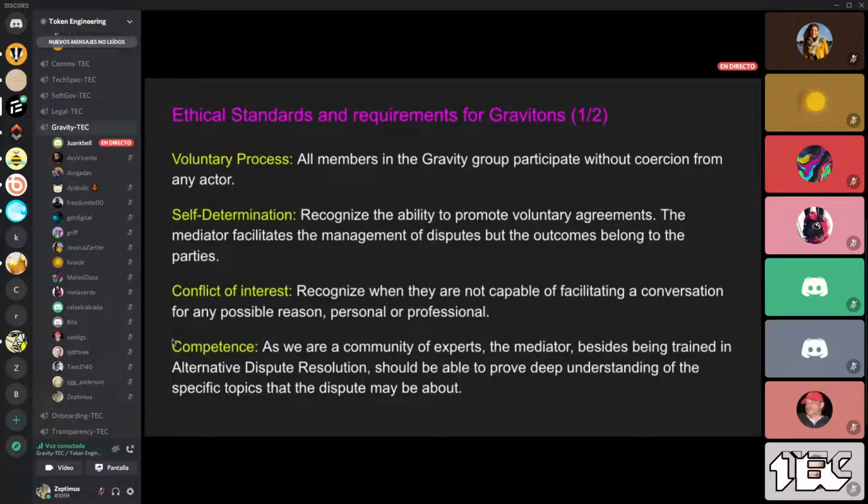And also mediators and gravitons should state competence and should be competent in the cases they are involved in, because as we are a community of experts, the mediator, besides being trained in alternative dispute resolution, should be able to prove deep understanding of the specific topics that the dispute may be about. So maybe I am not a smart contract expert. If the issue is very related to code or something, even though I am an expert in alternative dispute resolution, maybe I will not be able to be competent in that case. So it's really important for the gravitons